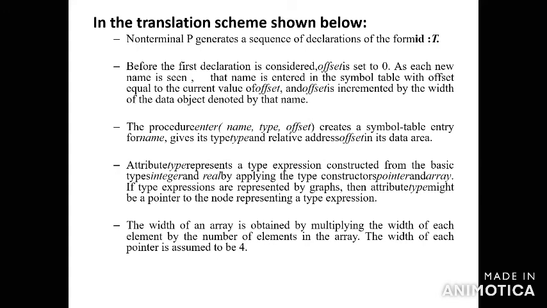It's clear. The next one is triple. Triple means we have three fields: operator, argument 1, argument 2. No need to write the result, but you have to avoid the temporary variable used in quadruples. In quadruples, based on the expression, you first write the three address code, and only then go for the quadruple statement. In the quadruple, you declare everything in a temporary variable. But in triple, no need to write the temporary variable.